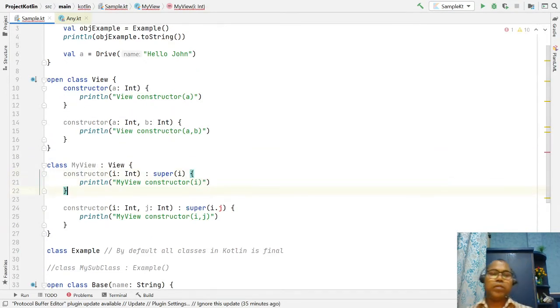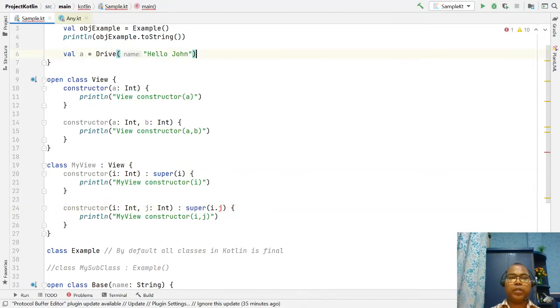So in this way, if your secondary constructor has one argument or two arguments, and the superclass has a constructor and you are going to define the same inside your subclass, then you also have to invoke the superclass constructor.